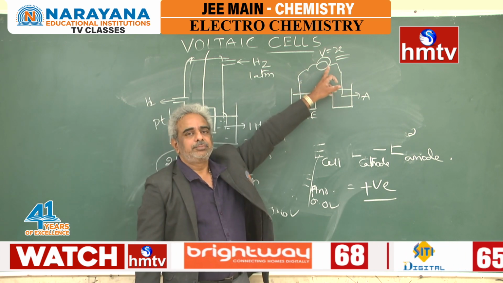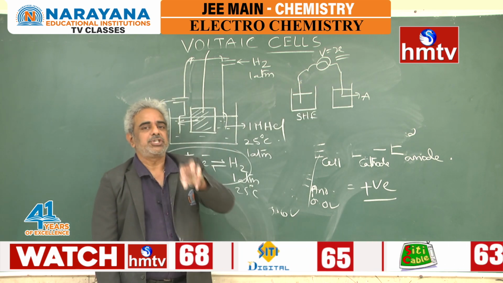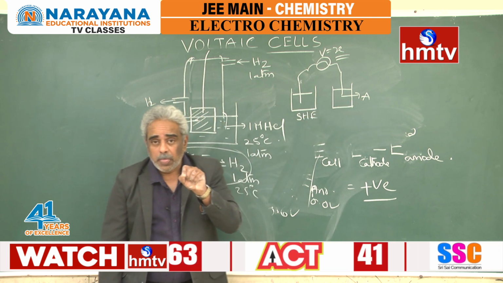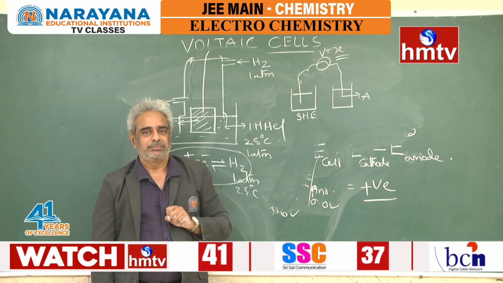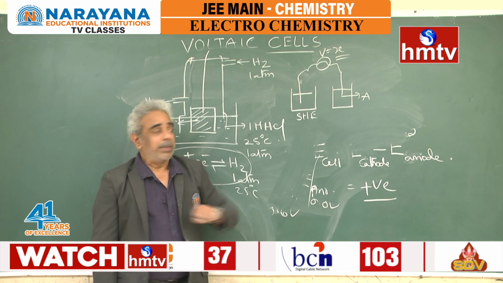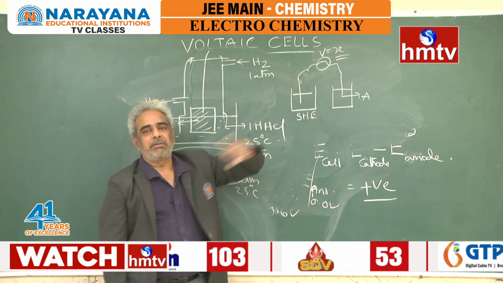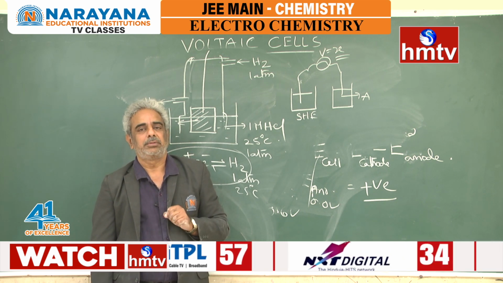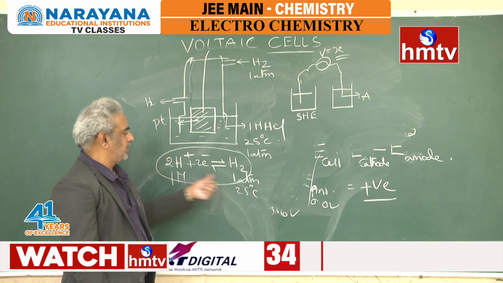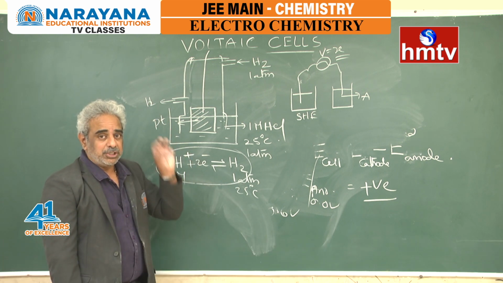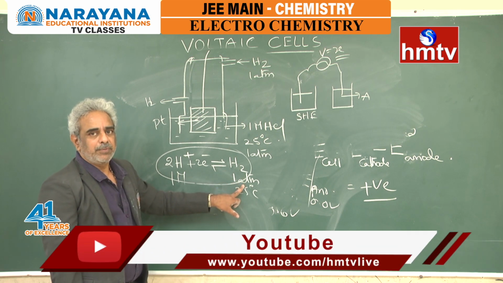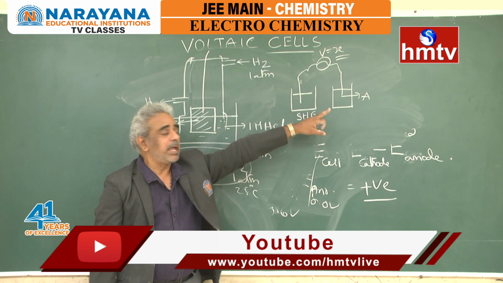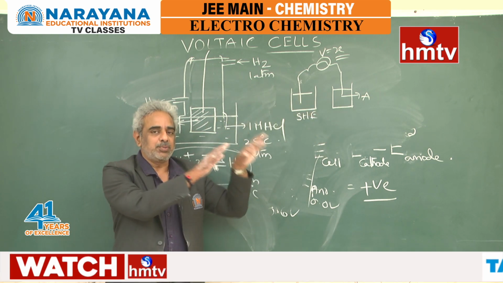This is E cell. So, what is that X? Potential, individual single electrode potential of A. Now, under what concentration? That is very, very essential, because the cell potential is sensitive to this equilibrium, and equilibrium being sensitive to temperature, pressure and concentration. Just like how you mentioned the potential of hydrogen electrode being 0.0 volts at 1 atmosphere and 25 degrees C and 1 m, we must mention the parameters of A also before deciding its potential.